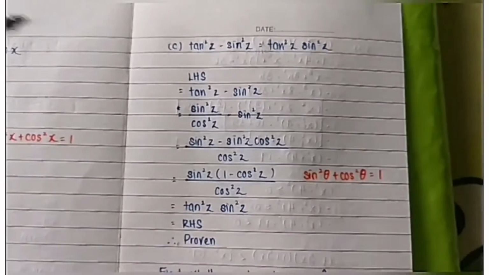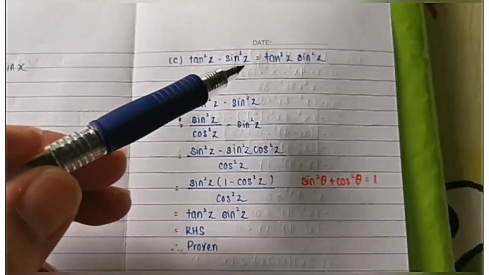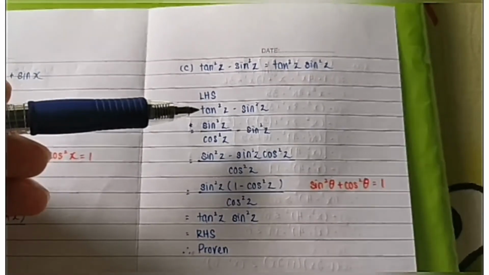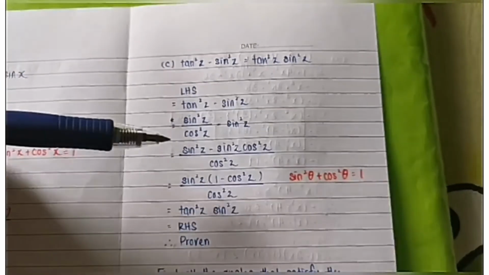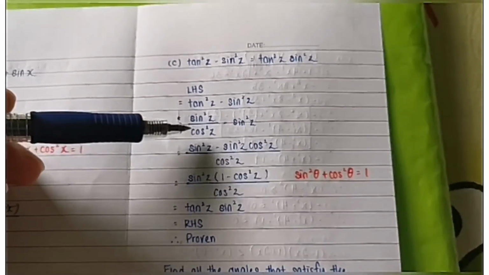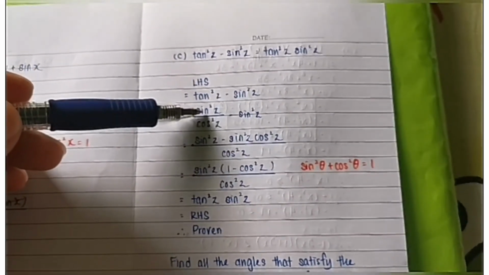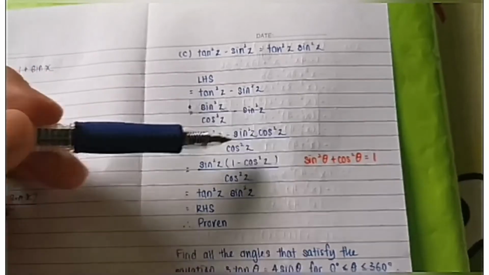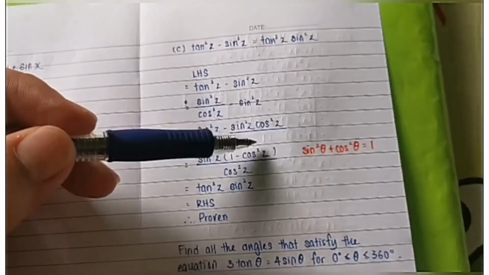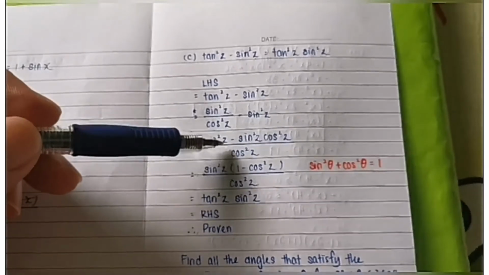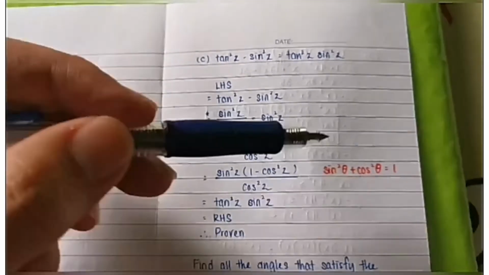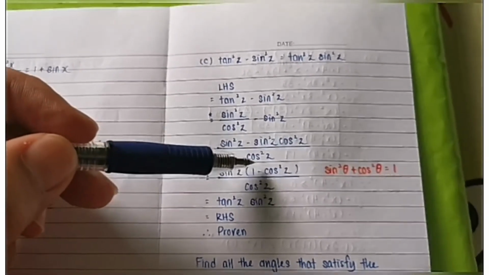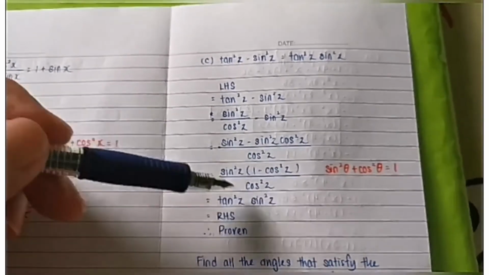Next, tangent square z minus sine square z equals tangent square z sine square z. So your left hand side should be tangent square z minus sine square z. Tangent is sine over cos. So this is tangent square, so it's sine square over cos square, minus sine square z. Make it the same denominator. Then you have sine square z minus sine square z cosine square z over cosine square z. You factorize sine square z out, then you will be left with 1 minus cosine square z in the bracket